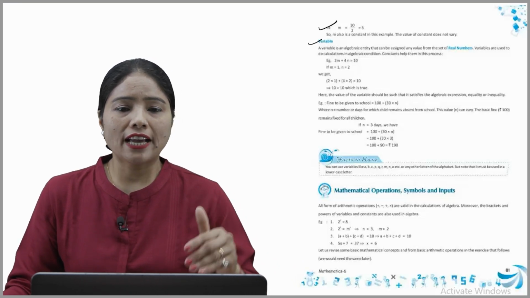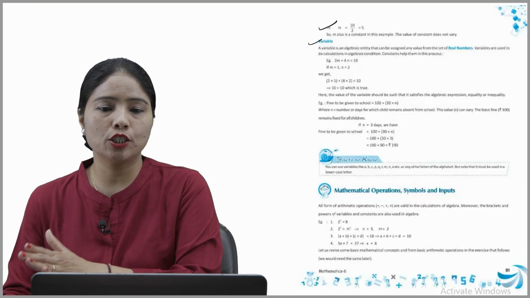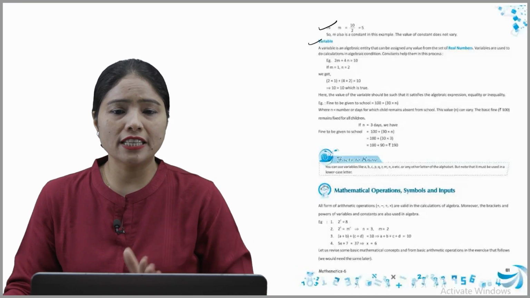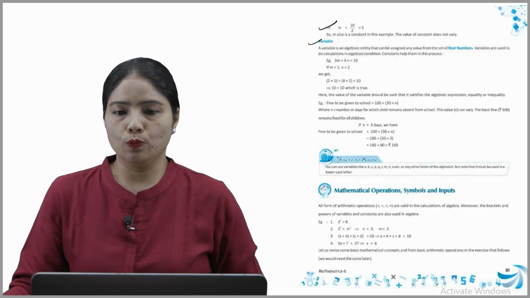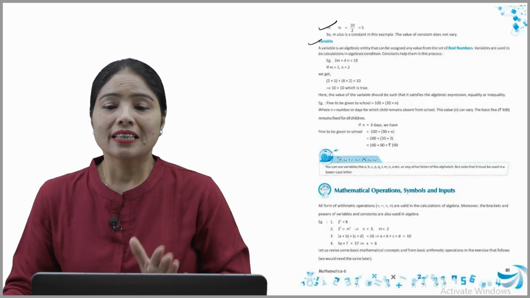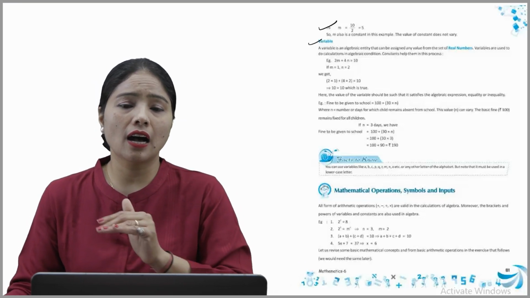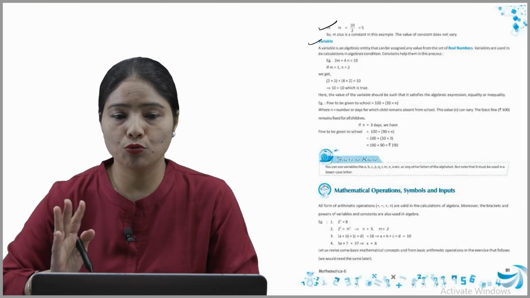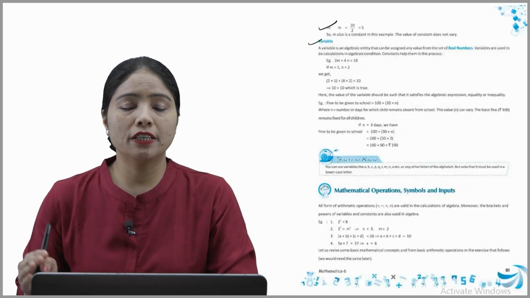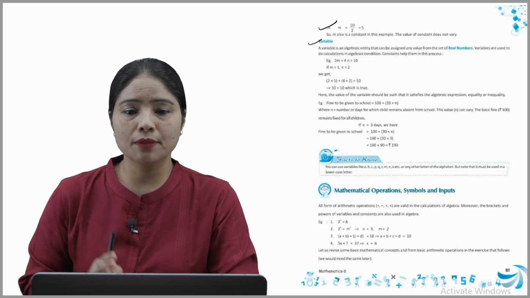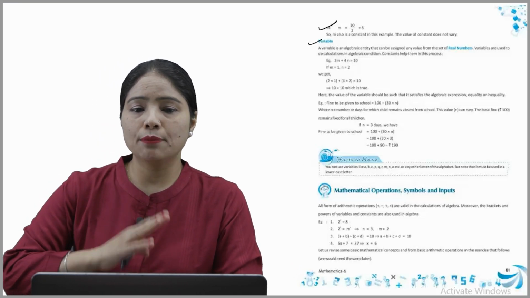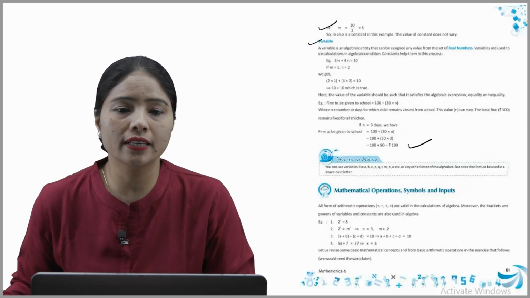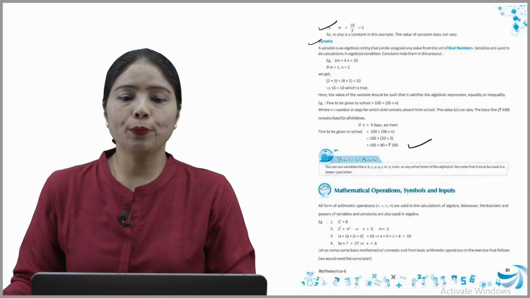Example: fine to be given to school is 100 plus 30 into n, where n means the number of days for which the child remains absent from the school. Okay, and the value of n can vary. So the basic fine is 100 rupees, which remains fixed for all the children. So if n is 3 days, then the equation becomes: fine to be given to school is 100 plus 30 into n. So that means 100 plus 30 into 3, 100 plus 90 is 190 rupees fine. Hope you understood well, beta.